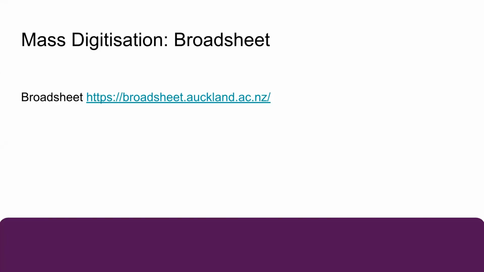This isn't the end of the Broadsheet story, though, because in 2016, the University of Auckland digitised and made it available only to staff and students at the university. They did this under sections 55 and 56 of the Copyright Act, 56A of the Copyright Act. After they'd done that, the university spoke with some of the original Broadsheet editors, and they were keen to see the magazine made publicly available.